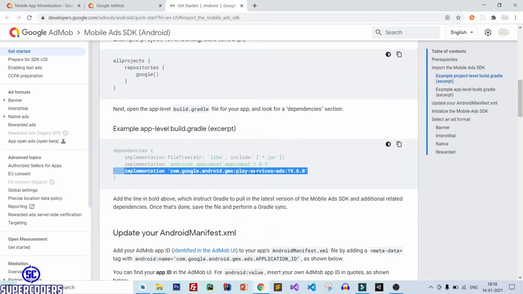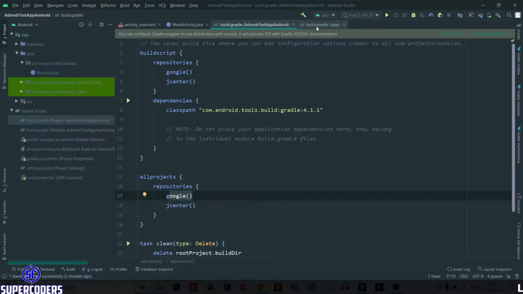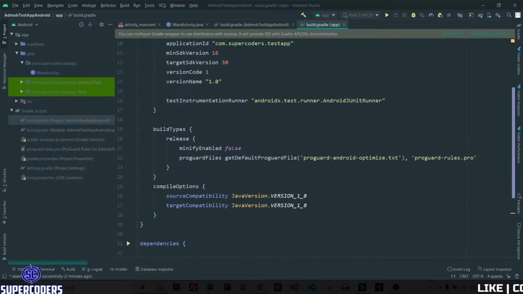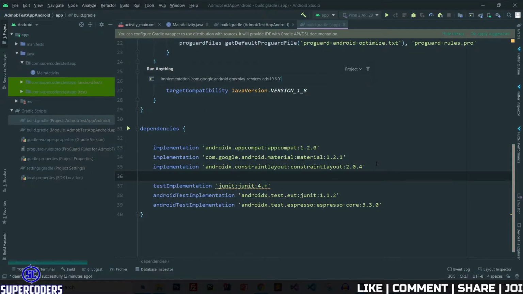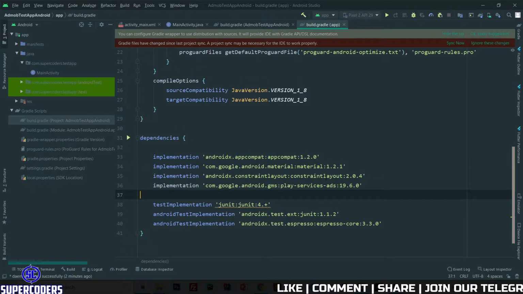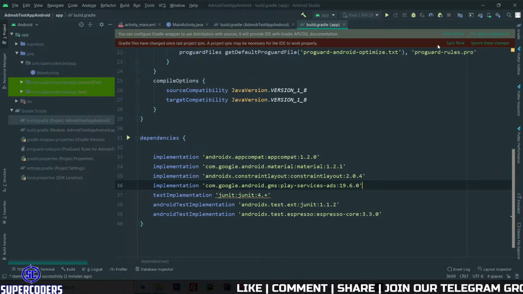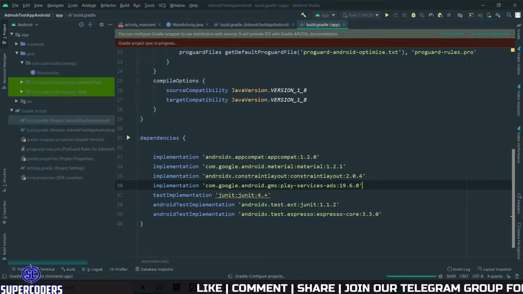So copy the SDK and back to the Android project. After that, click on build.gradle and paste your SDK for Android AdMob ads. Paste it. Click on sync now.